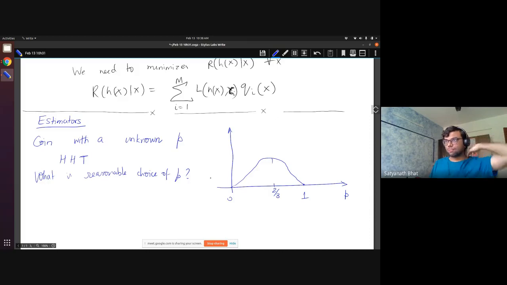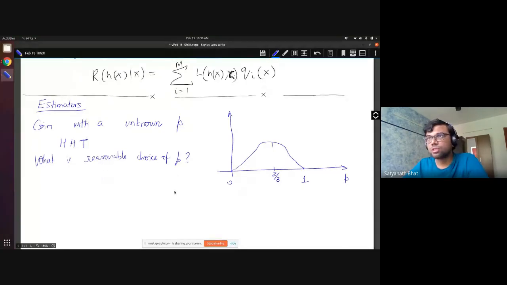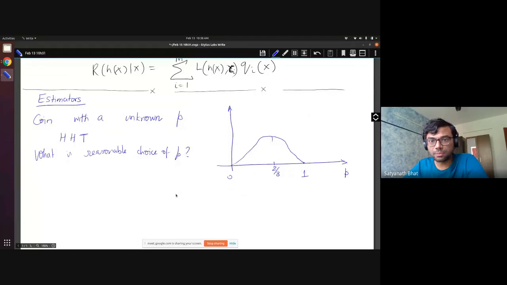Okay, so this is how we came to it, but I showed this just for this example, and what we need is a general theory. We need to estimate the priors, we need to estimate the class conditional densities, so we need a general theory for this. That is why we are studying estimators. There are several properties of estimators which we should look out for, and once we study the general issues around estimators, then we will close the loop, and then we will talk about how to actually estimate these quantities.